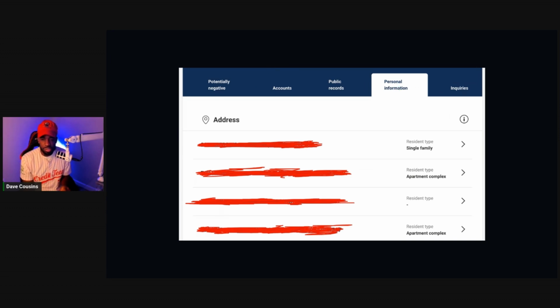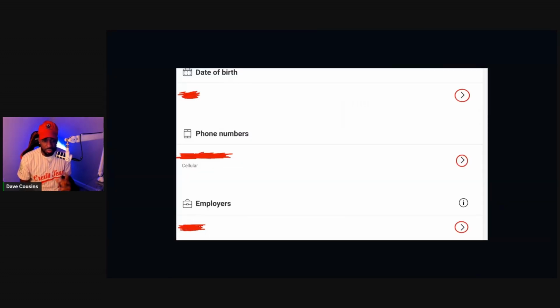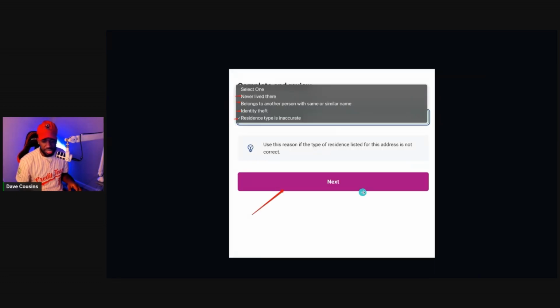And once you click on the Personal Information tab, you're going to see all your addresses, different names, your employer history, your phone number. All right, you're going to see a lot of personal information. All right, so what we want to do is just look at each one of those. All right, like I said before, date of birth, phone numbers, employers. You're going to see all this information, and then you're going to click on, as you can see right here,